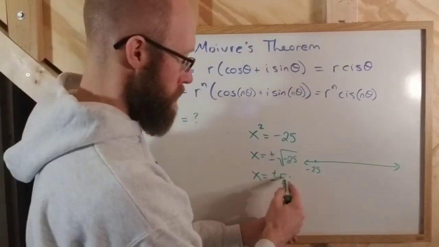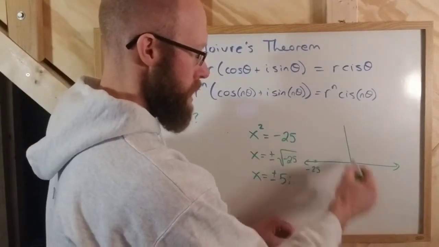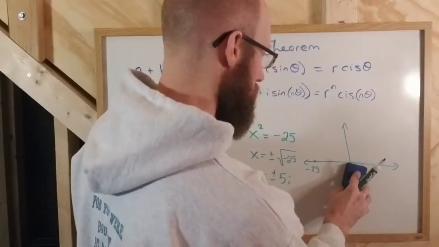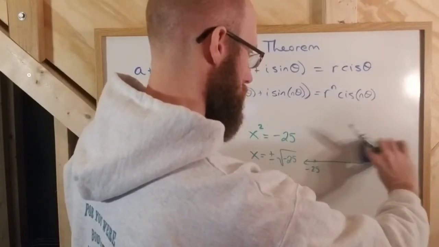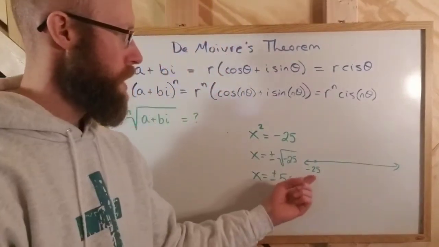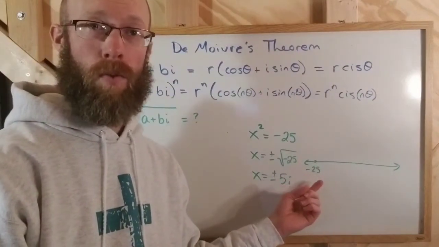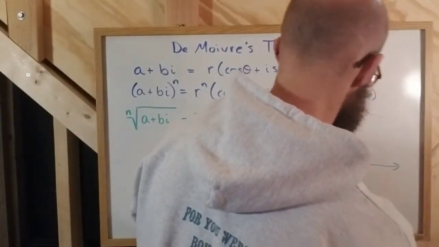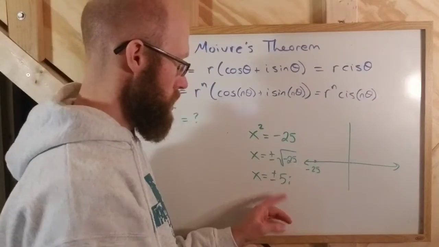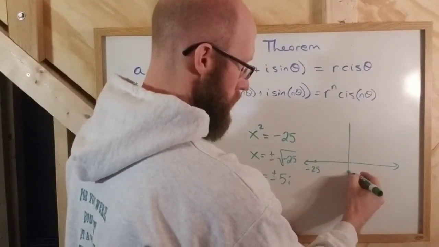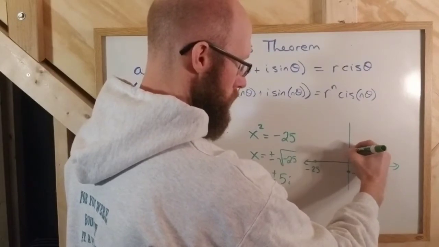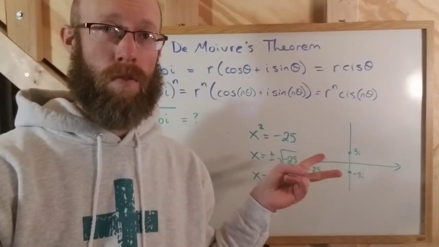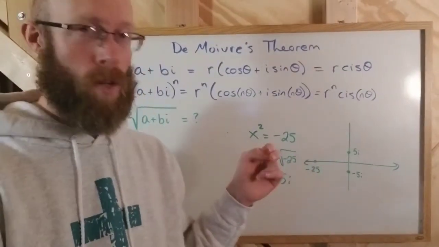Well, plus or minus 5i is on the imaginary axis. The roots of negative 25 are then not going to be on the real number line. They're actually going to be on the imaginary number line, and they're going to be positioned at negative 5i and at positive 5i. Notice again that the two roots are an equal distance from 0,